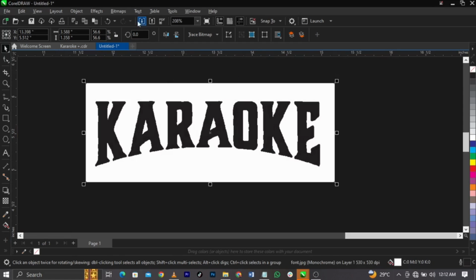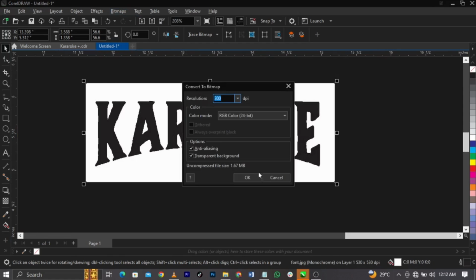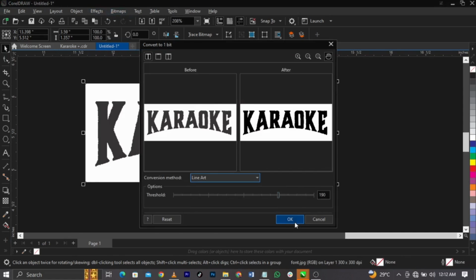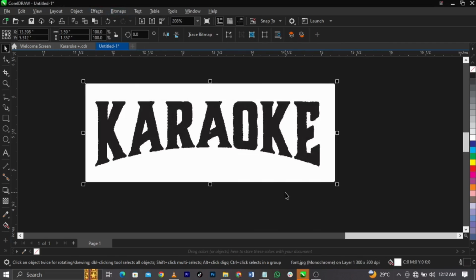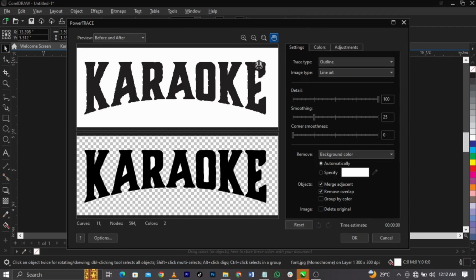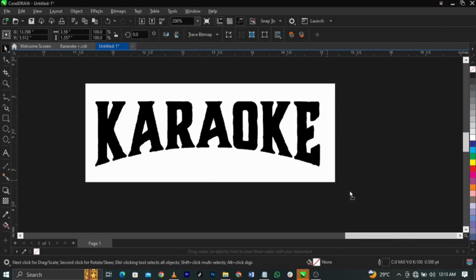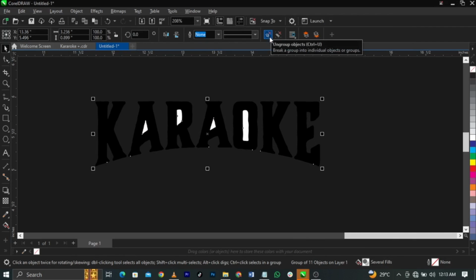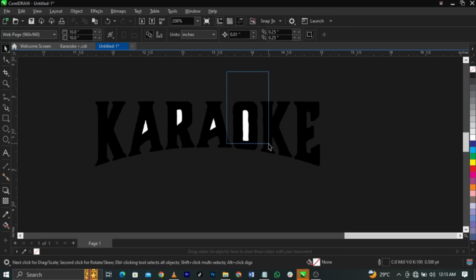All right. So convert it to bitmap again. Then what you're going to do is go to mode again, select black and white, then click on OK. Now the next thing you're going to do is go to trace bitmap, outline trace, line art, and wait for it to load. All right, without doing all those steps, it will actually take time to load. So as you can see here, we'll have the before and this is the after. So right about that, we're going to click on OK and then delete this one and send this to the back. All right, so the next thing we're going to do is ungroup this,